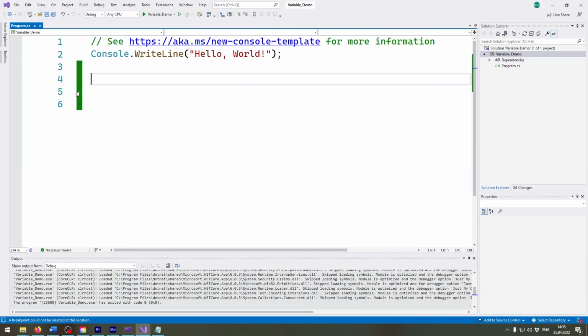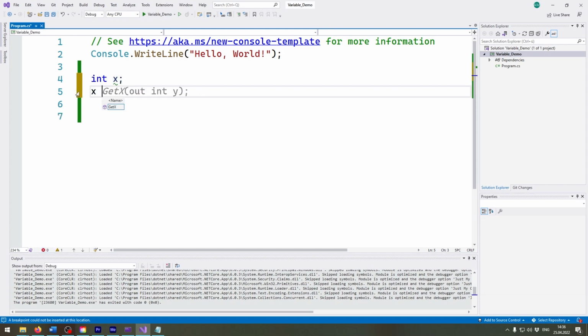Now there's one more thing I want to show you before we start with our first exercise, namely a way to make our code a little bit more compact. Right now, if we want to create the variable, we would do it like this: int x, and then we say x equals 15. Now this is the so-called declaration of the variable. You can imagine it like this,